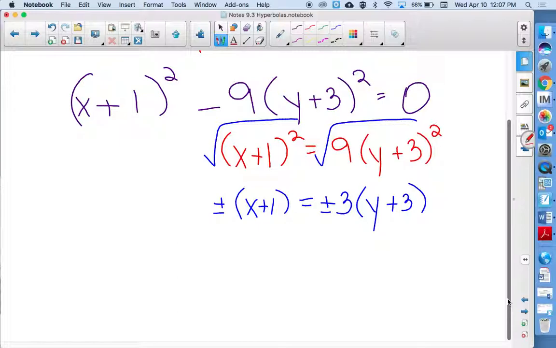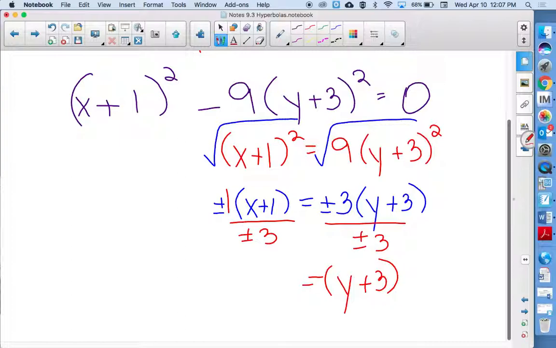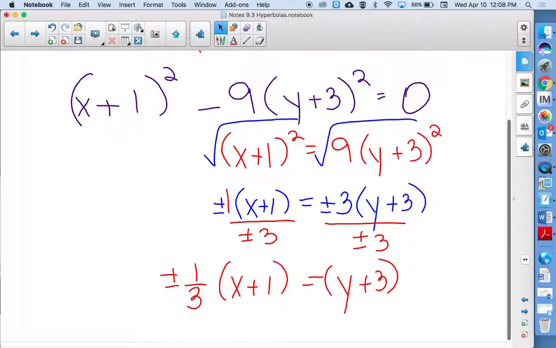So if we take it to the other side, I'm still keeping this in parentheses. But on the other side now, I have plus or minus 1 divided by plus or minus 3. So you don't need 2 plus or minus, that's just redundant. So we have plus or minus 1/3 times x plus 1. And that's as far as I'm going to take this problem, because it still is in a form